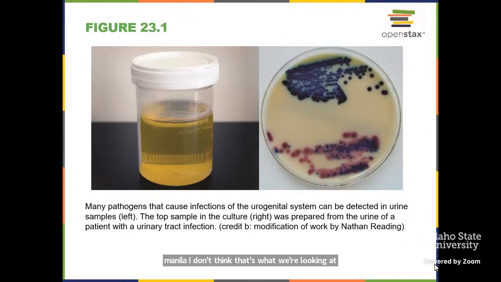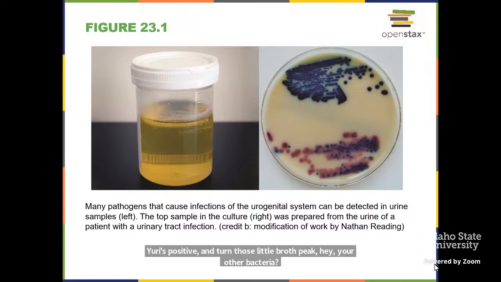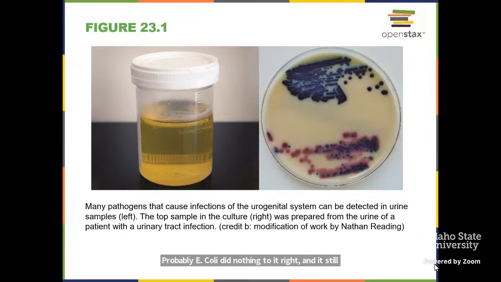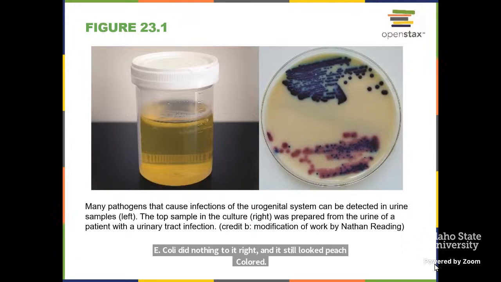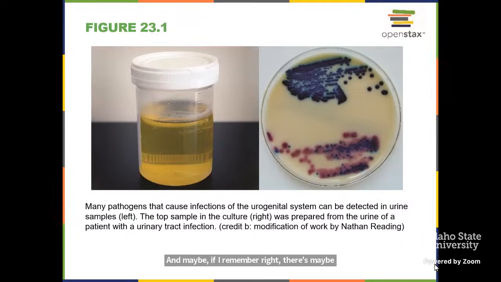Likely, who we're seeing is probably some Proteus. You maybe saw some Proteus. Not maybe, I'm pretty sure you saw some Proteus in the lab when you were doing some of the biochemical tests and you did the urease tests. I believe Proteus was the one that would have been urease positive and turned those little broths pink. And your other bacteria, probably E. coli, did nothing to it, right? And it still looked peach colored. And maybe, if I remember right, there's maybe some of those Proteus that can actually do some of that. So maybe that's who it is,